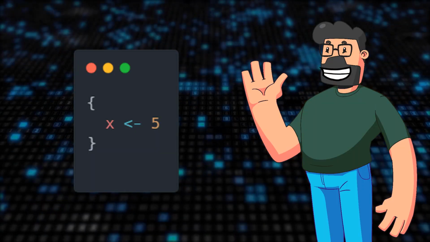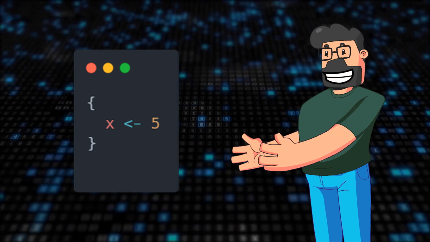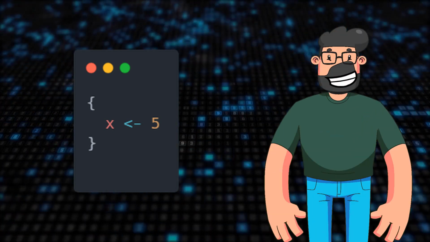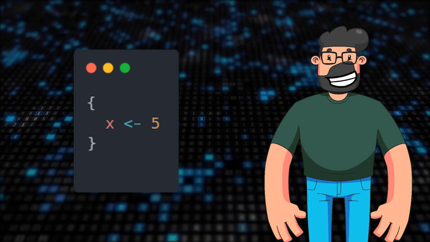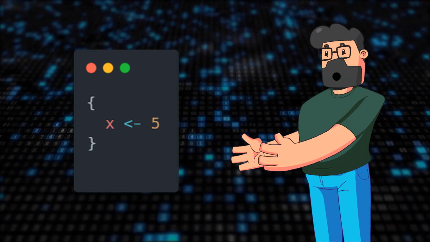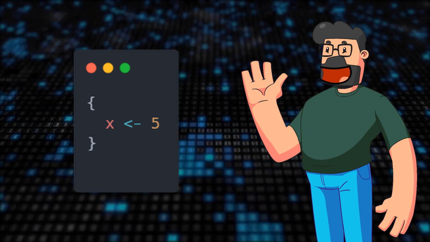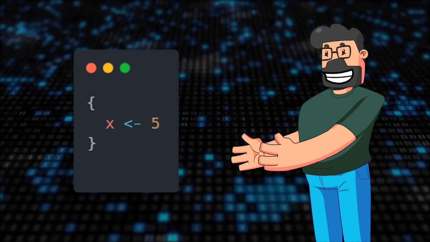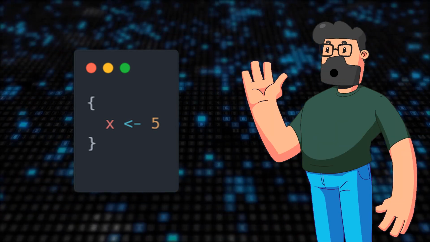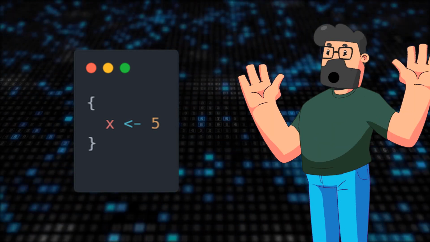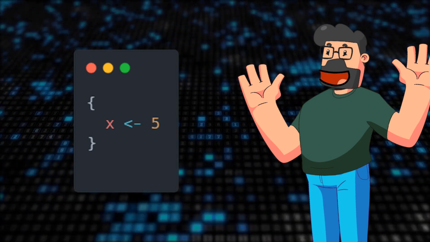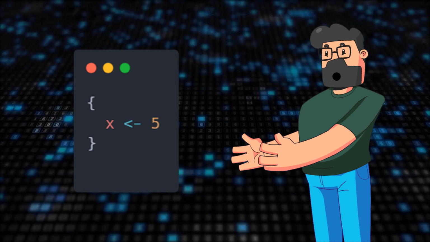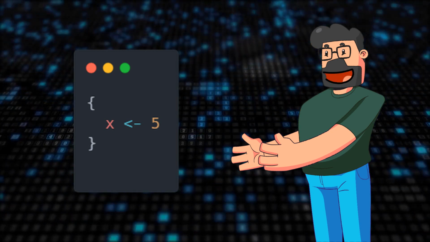Expanding on our understanding of the solution provided earlier, let's shift our focus to another code snippet. In this case, we have a code block that sets x to 5 within braces. Just like the function we discussed earlier, calling this code block doesn't result in any visible output. However, behind the scenes, the block is returning the value 5. The default return behavior kicks in here, where the last statement executed becomes the return value. This concept mirrors what we observed in the function scenario and sheds light on how values are passed back from